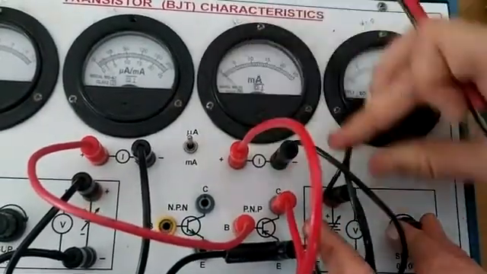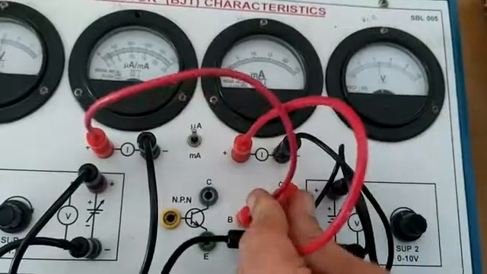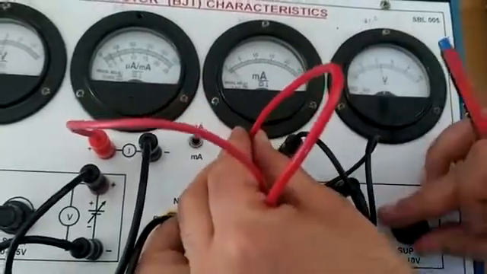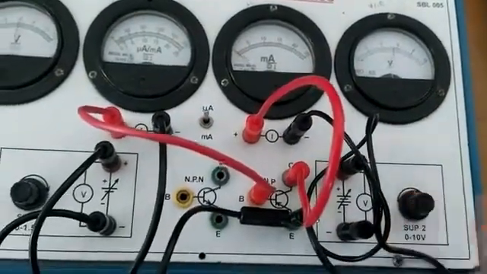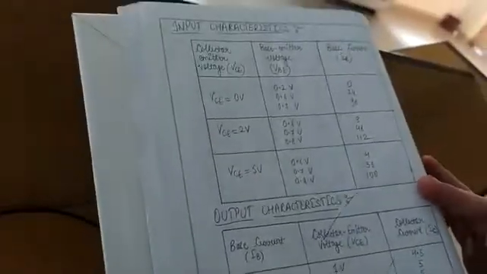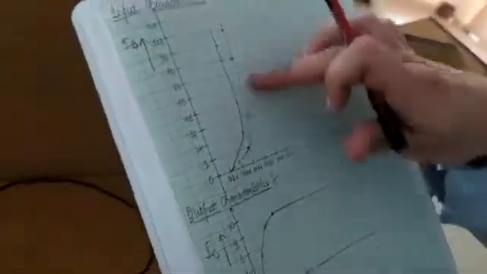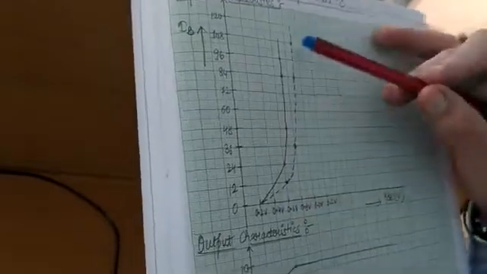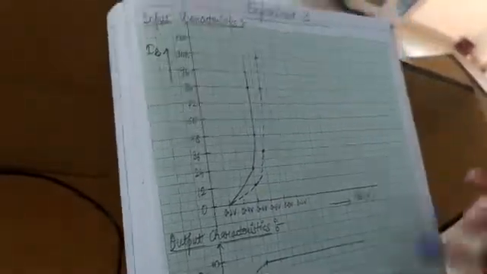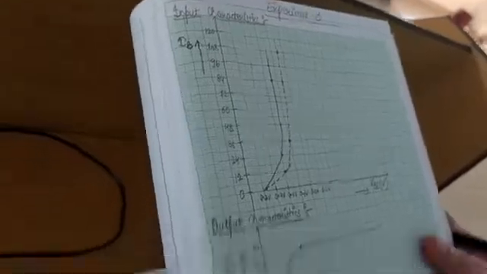We will be noting the change in the value of the output current. We can see that the variation of output voltage produces a change in the value of output current also. So correspondingly, this kind of a reading table we will be observing, and taking all these readings we will be observing the graphical representation, which is also shown over here. This is the graphical representation that we are going to get out of taking all these readings, and we are just plotting all those values, and we'll be getting the input characteristics as well as the output characteristics of the common emitter configuration. Thank you so much, class.